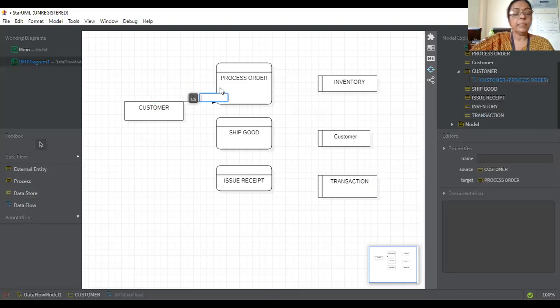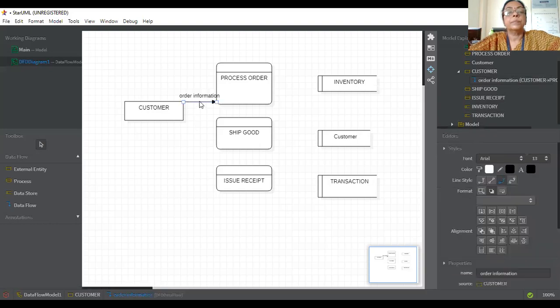Now you write here order information. You can do like this. Okay, means the customer orders, taking the information of the order.